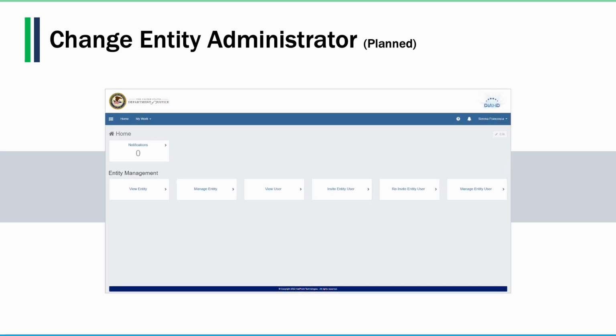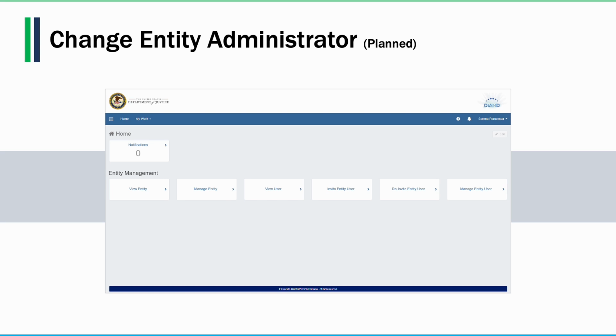If the entity administrator is leaving the organization or even going on vacation, we highly recommend that they assign the role to someone else in their absence. If this role is not reassigned, it will not be possible to invite new users or assign users to awards or applications, resulting in delays in managing awards. For example, if a financial manager is not assigned to an award, no one will be able to complete a federal financial report, which may result in a suspension of funds.